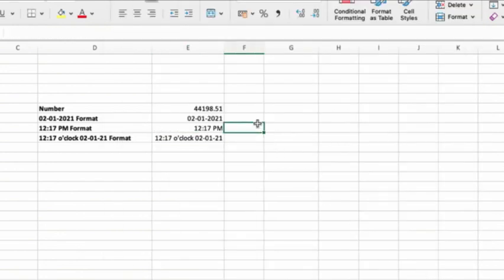So there you go. That is how we can work with custom date formats. These date formats are going to be very useful in displaying dates in whichever way we want them to be displayed. Keep in mind that changing the format does not change the value behind it, rather just the way the value gets displayed to the user.